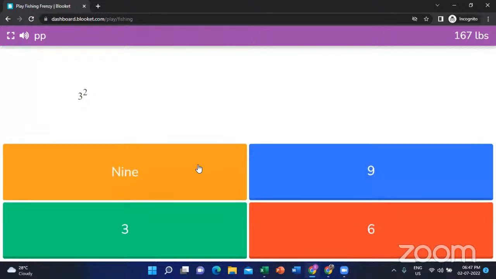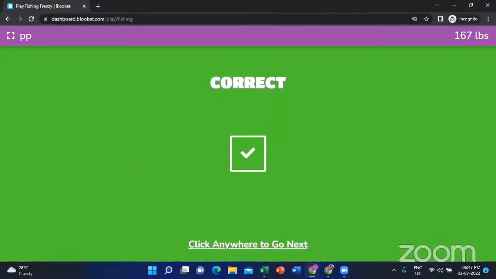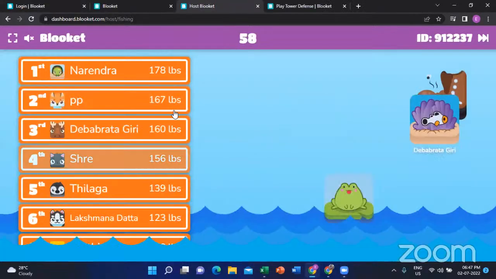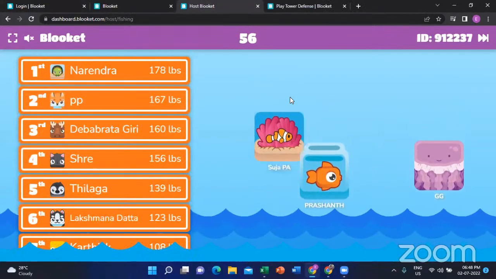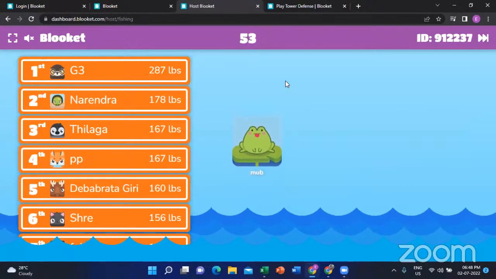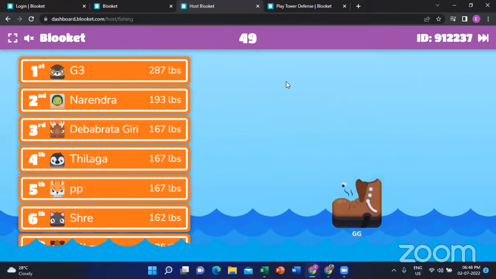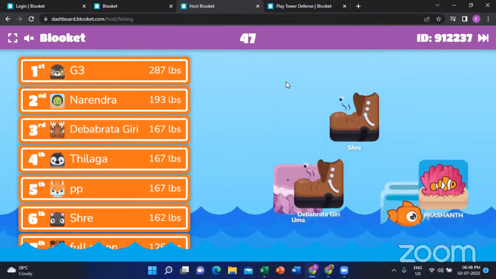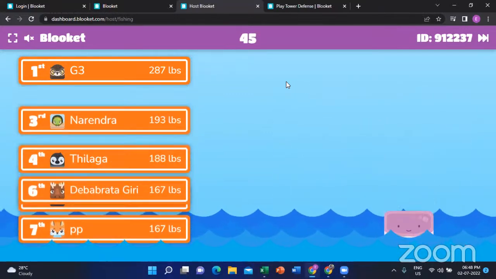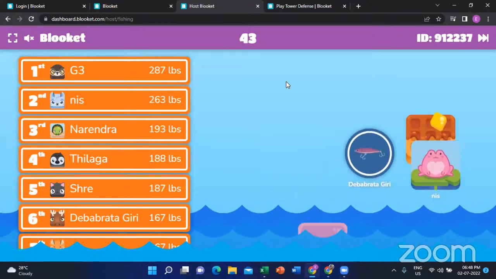This is the students' side. Suppose this one is the teacher side, that is my side. Suppose in between the game, the students are playing that game. In between the game, if the teacher wants